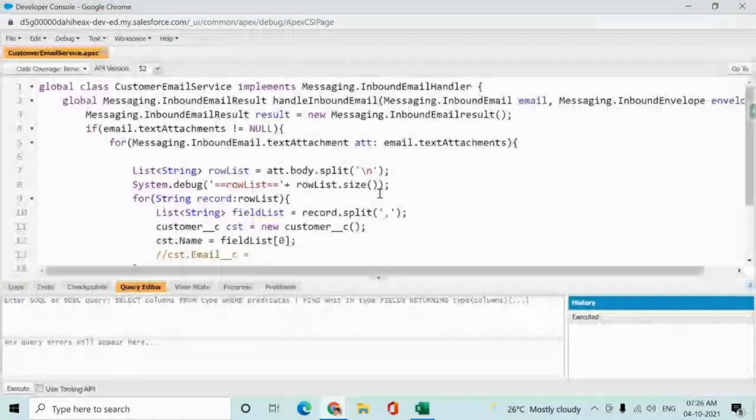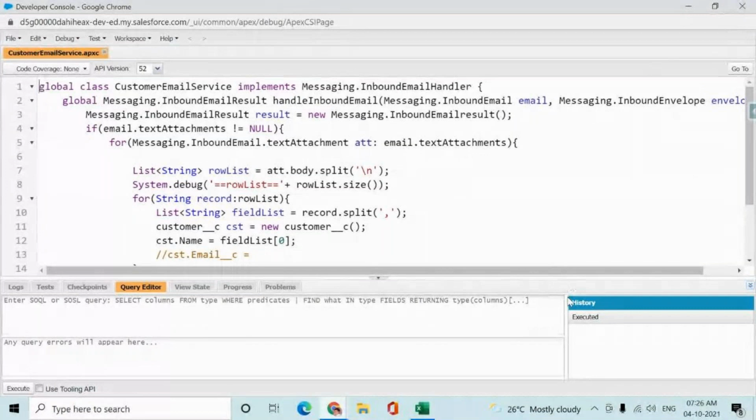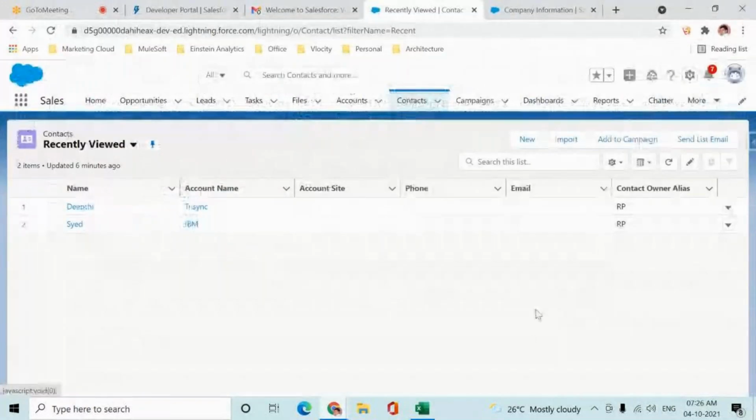We can define the user interface components. We can write the automation rules from here as well. You can do anything and everything using a developer console. I can delete the records. I can insert the records from the console by writing some scripts.